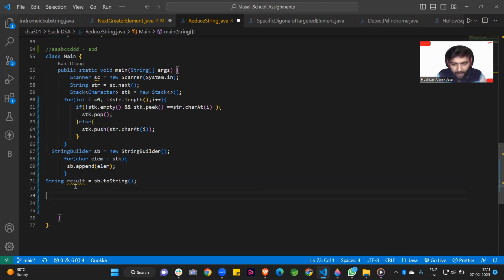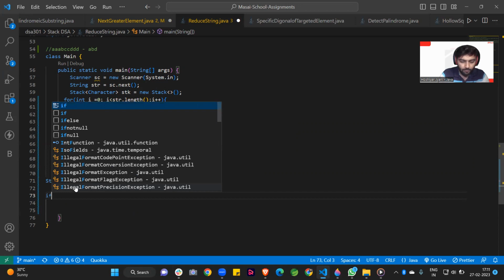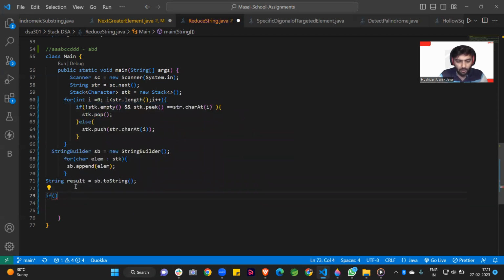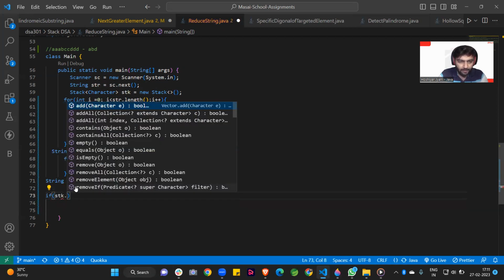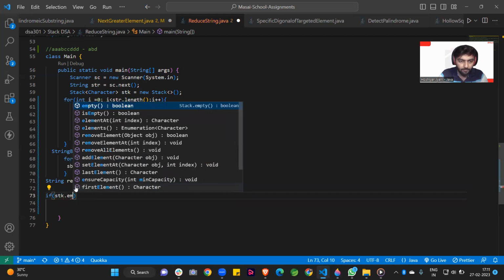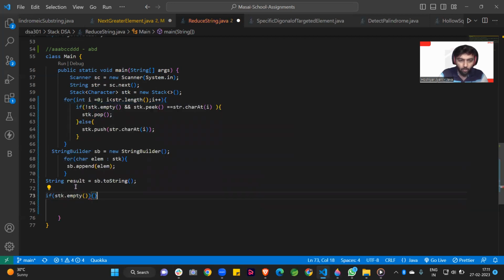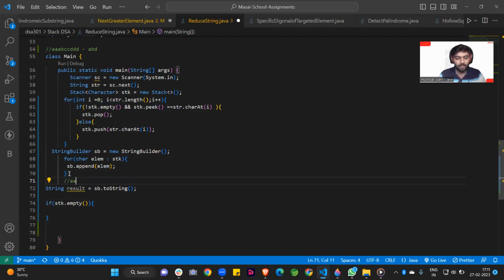So I am checking here if our stack is empty, it means all characters cut each other. Like if the string given is abbcc, then a cancels with a, b cuts b, and c cuts c. At that time no character is present in our stack.